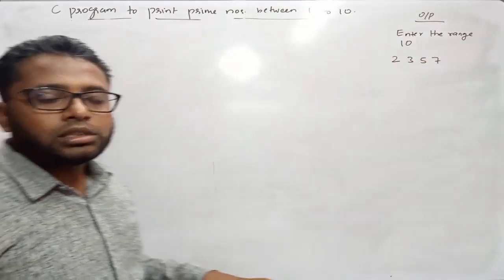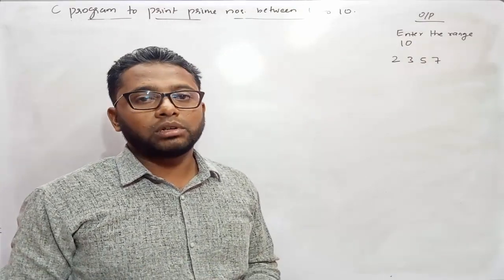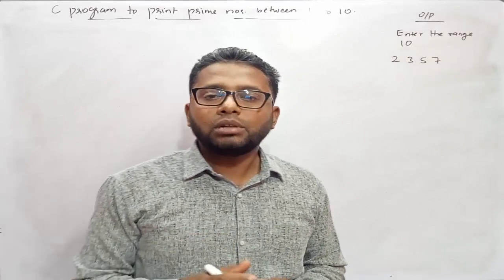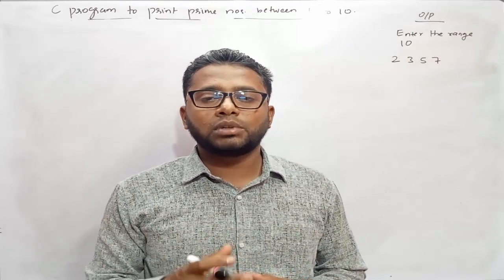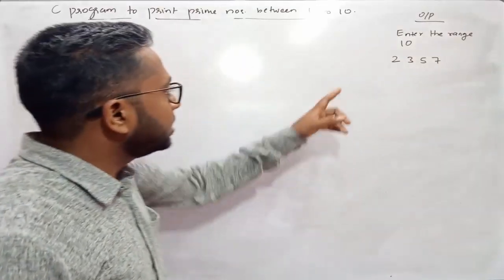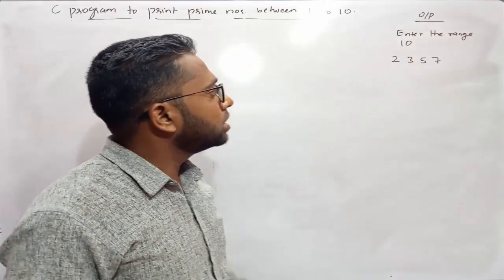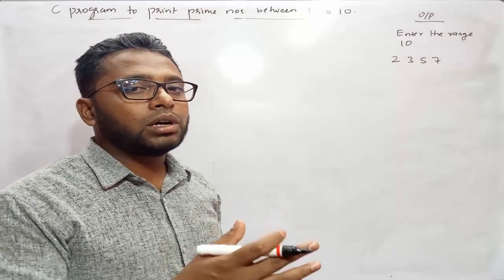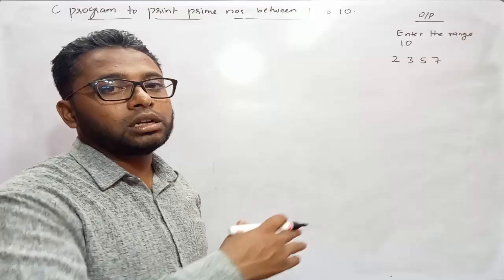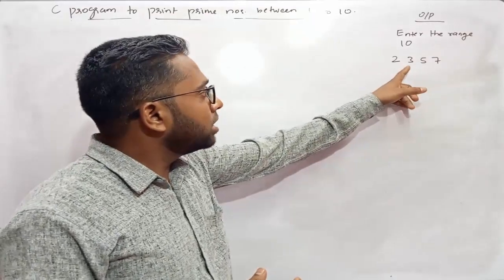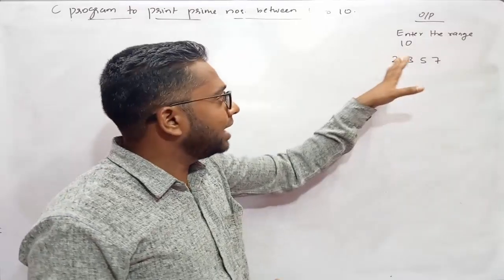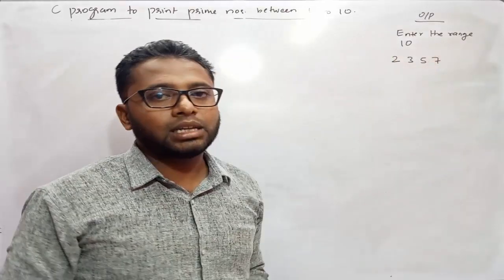Now each and every one of these numbers is considered a prime number. So now let me first discuss what a prime number is. A prime number is a number which is divisible only by 1 or by the number itself. As you can see here, each and every one of these numbers is divisible either by 1 or by itself. 2 is divisible by 1 or by the number 2 itself. Similarly, 3 is divisible by 1 or by the number 3 itself, and the same case with 5 and 7,